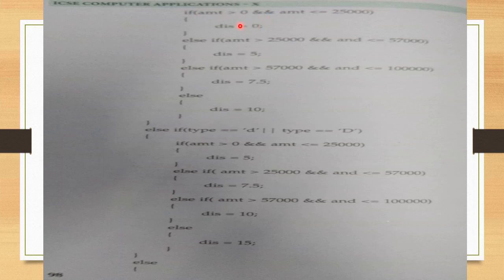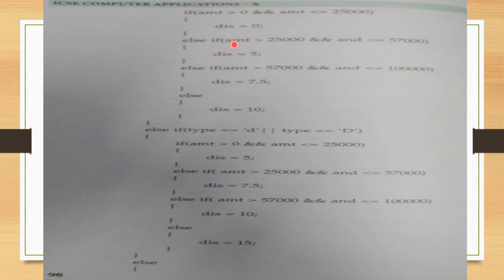Means both side conditions should be true: if amount is greater than 0, and also if amount is less than or equal to 25,000. If this condition is true, means both conditions are true, then discount will be 0. Next condition, these all are valid conditions only for laptop, remember that.